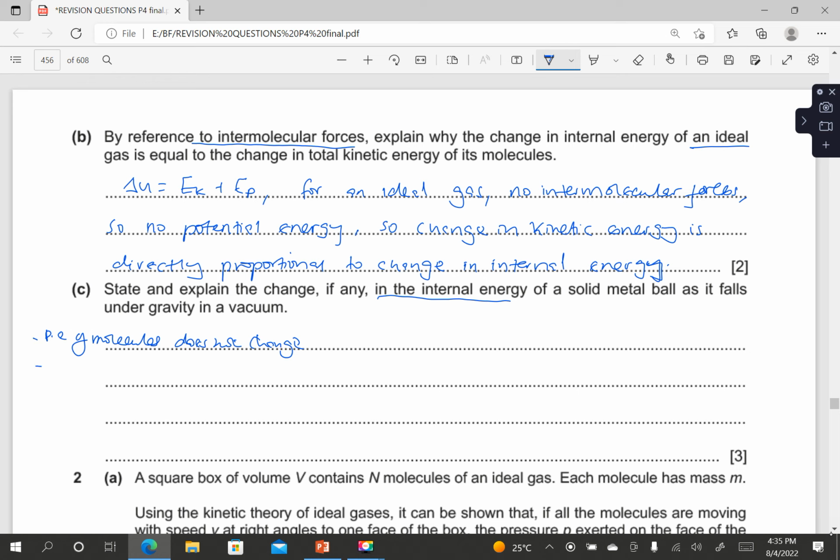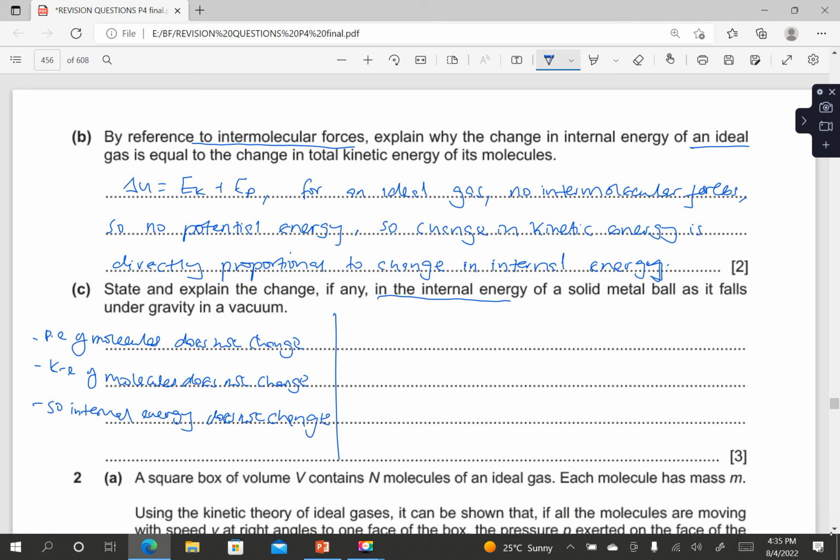Potential energy of the molecules does not change. The kinetic energy of molecules does not change. So if that is true, there is no change, so internal energy also does not change. I've looked at it in that way. I can also look at it